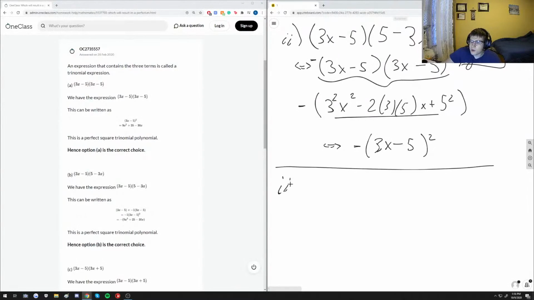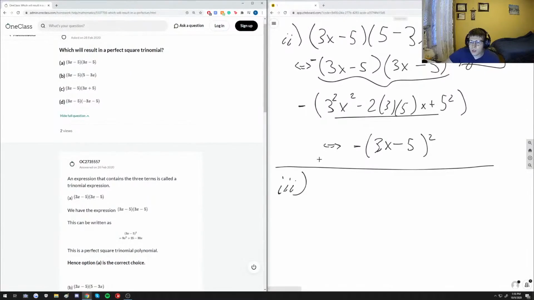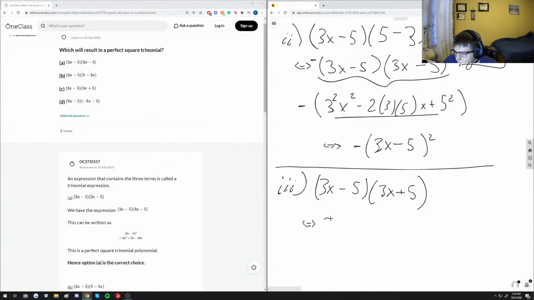So moving on to the third option, we are going to have (3x minus 5) times (3x plus 5). And right off the bat, this is a case called the product. Let me first do this product and then I'll explain. So we're going to multiply these out and we're going to get 3 squared x squared minus 2. So no, there's not a minus 2 in this case. Because of these different signs here, we have to consider the sum of the products differently. So we're going to get minus 5 times 3x and then plus 5 times 3x,